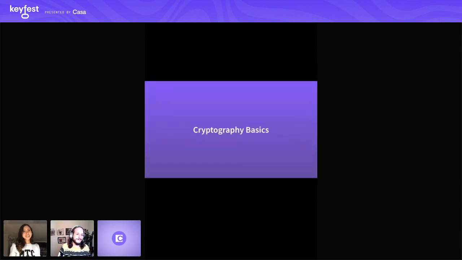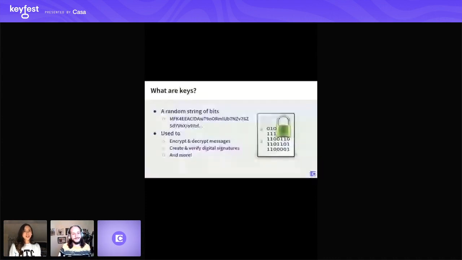Cool. All right, let's get started by reviewing some cryptography basics. So we hear the term keys a lot when we talk about Bitcoin, especially when we're dealing with self-custody. And to start, I want to answer the most basic question: what are cryptographic keys? At a high level, a key is just a random string of bits. And when we look at one in human readable format, it looks like this long line of letters and numbers that we have here. And the longer and more random these letters and numbers are, the harder it is to crack the key. Keys are the building blocks used to perform a number of important cryptographic operations like encryption, decryption,